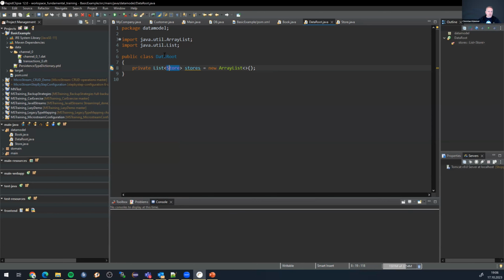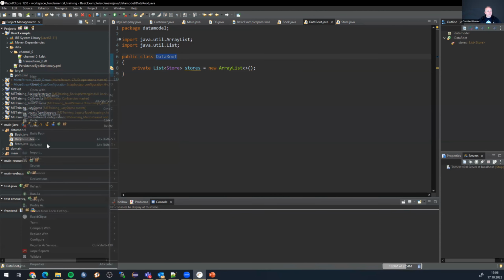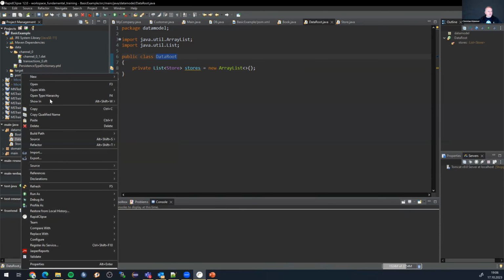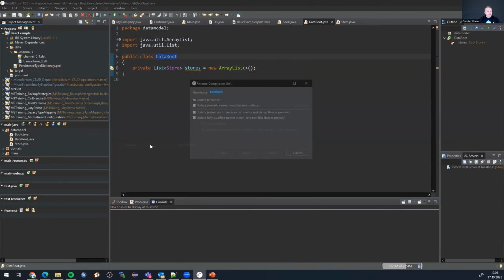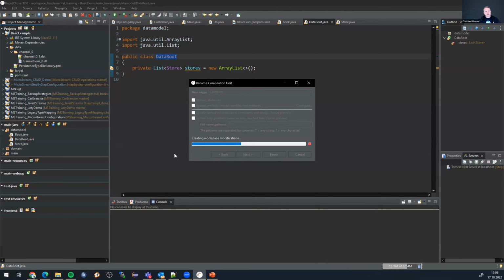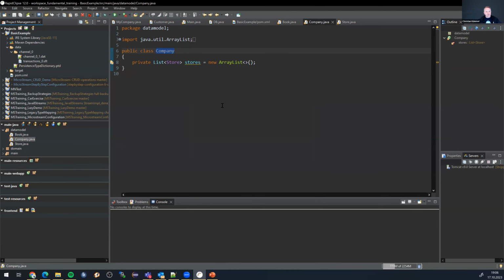I would call it a non-business object. Nobody knows what data root is, but in our case, we will be able to rename that class. Let's call it company, because it's a company business object,